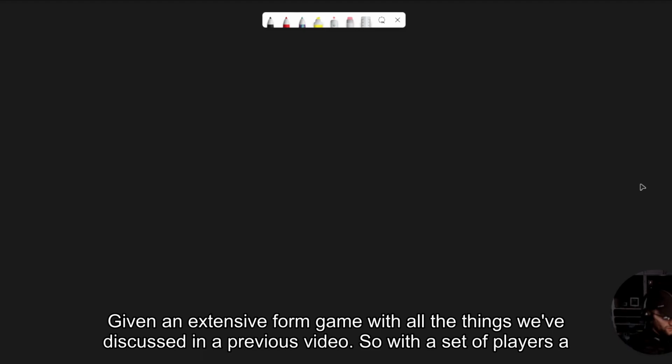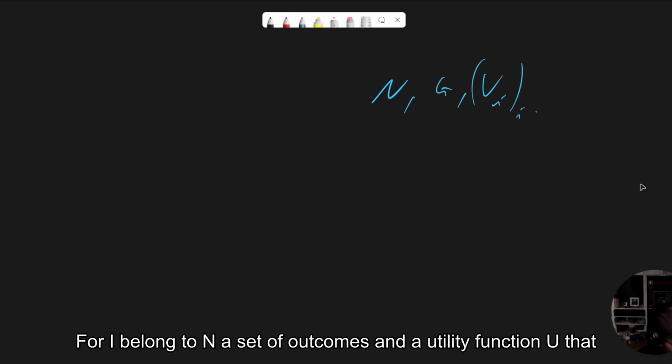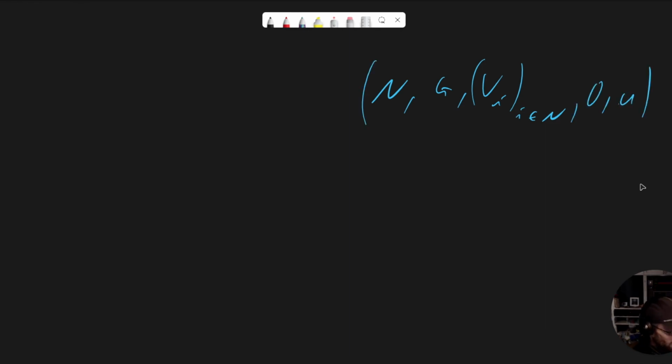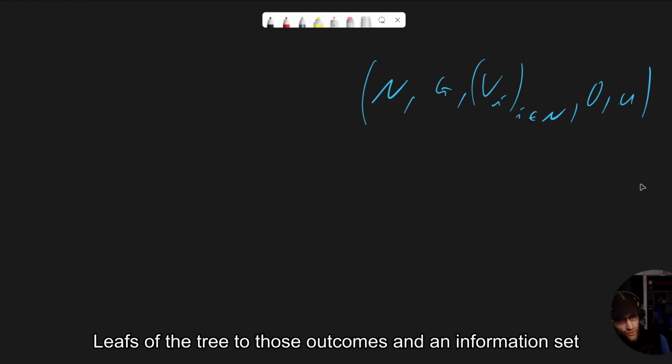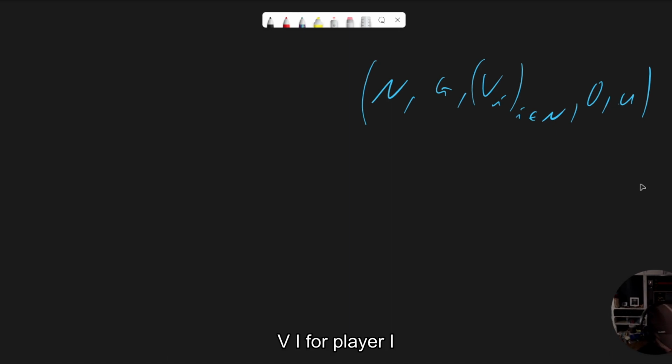Given an extensive form game with all the things we've discussed in a previous video, so with a set of players, a tree G, a partition of the vertex sets V_i for i belonging to N, a set of outcomes, and a utility function U that maps leaves of the tree to those outcomes. An information set for player i,